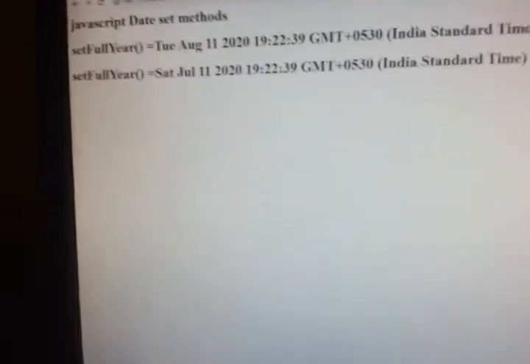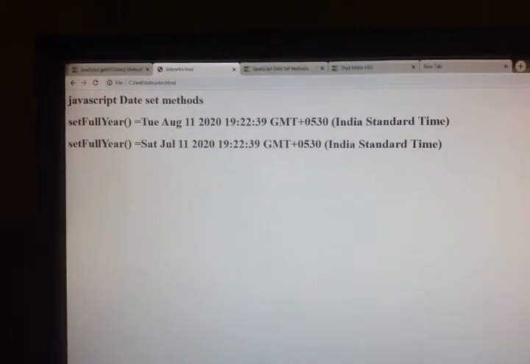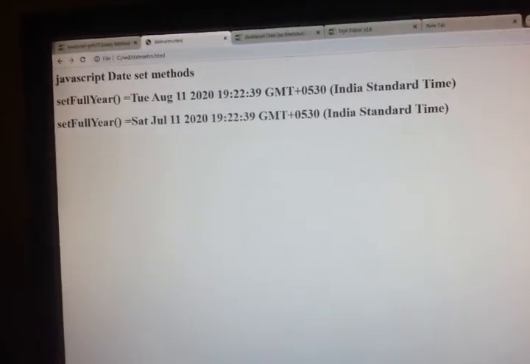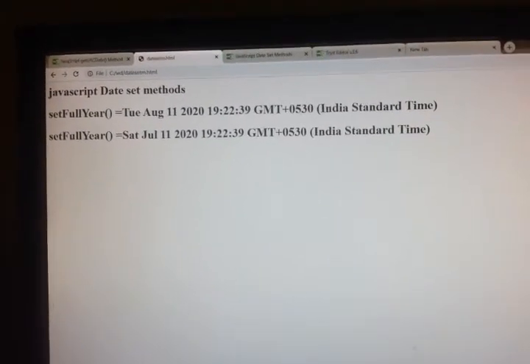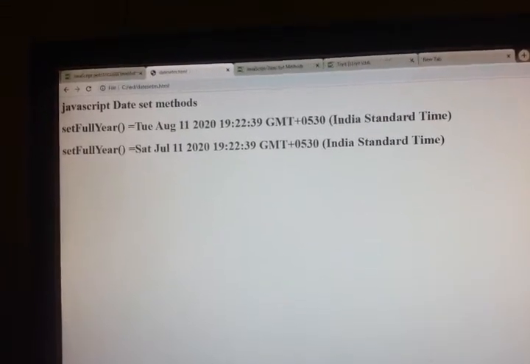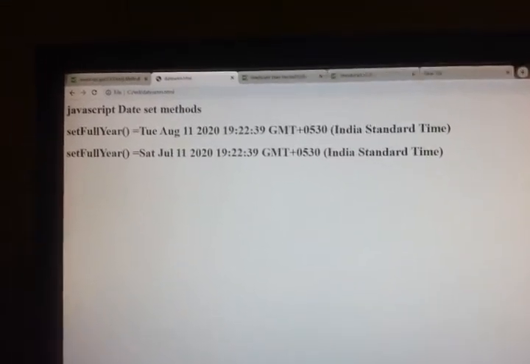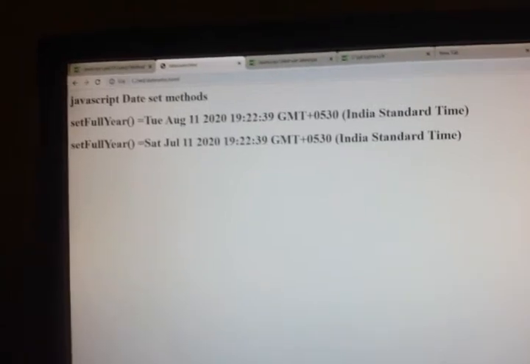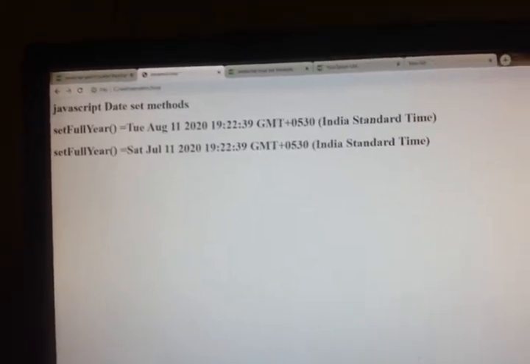See, 06 I got July, because it is counted from 0. So I got Saturday, July 11, 2020.